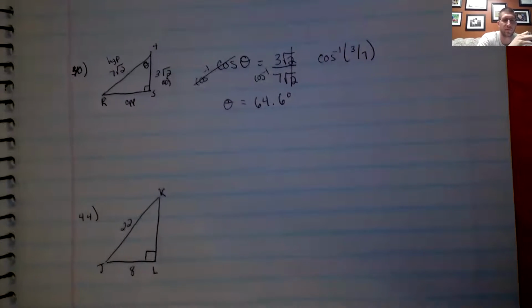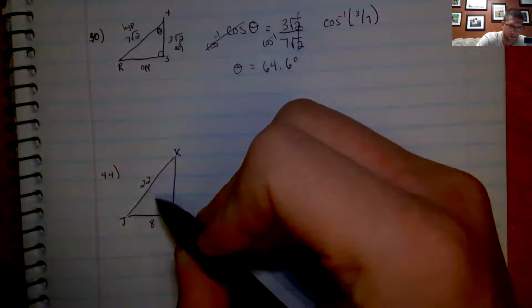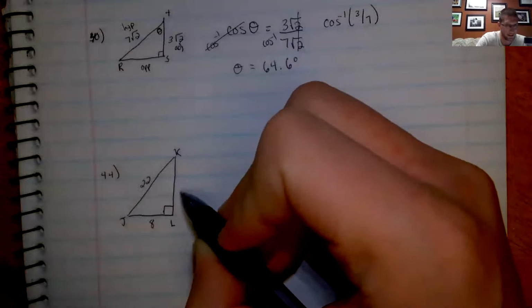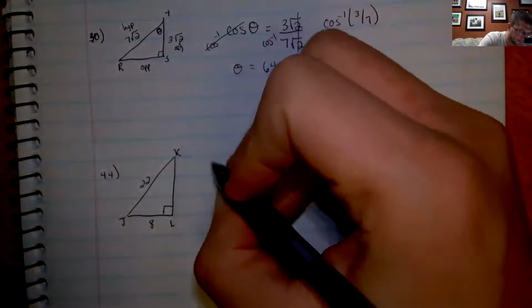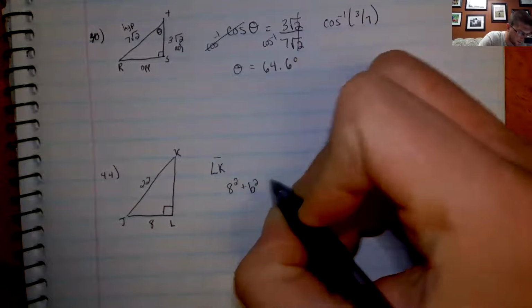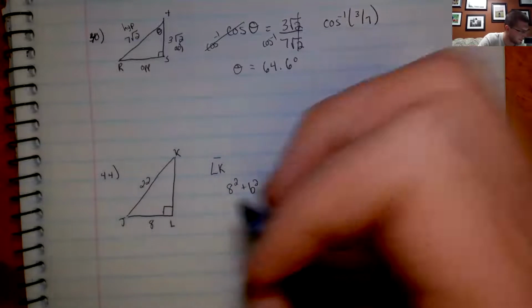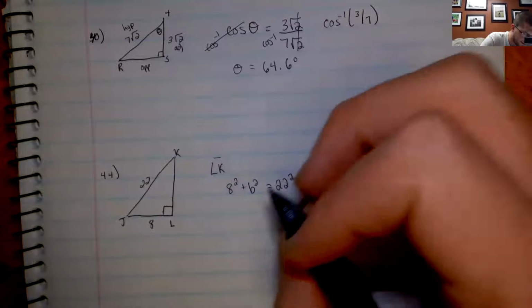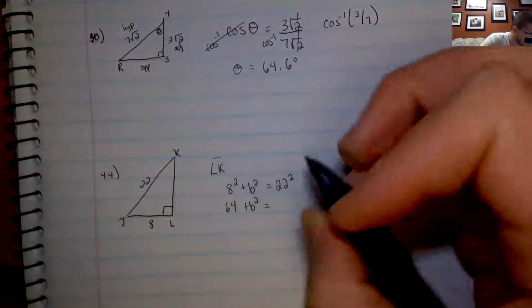Now in problems like number 44, they were asking you to solve for the triangle, solve for all of the missing pieces. So we need to find these 2 angles, because we know this angle. And I also need to find this missing side. So let's find the missing side first. Missing side, this LK, I'm going to use the Pythagorean theorem. So I'm going to do 8 squared plus b squared equals 22 squared. Remember, the hypotenuse is always your c value that's by itself. So 8 squared is 64. 22 squared, 22 times 22 is